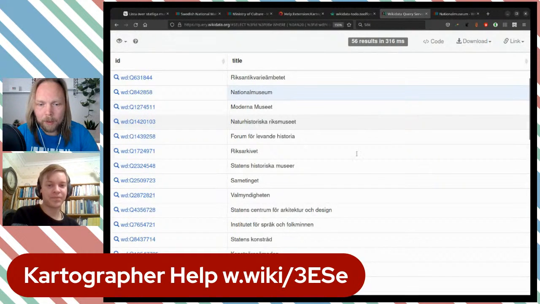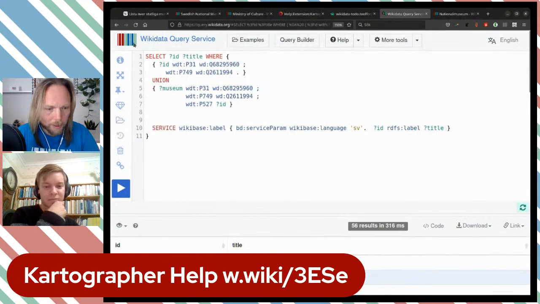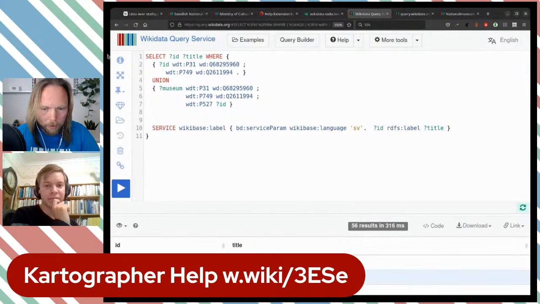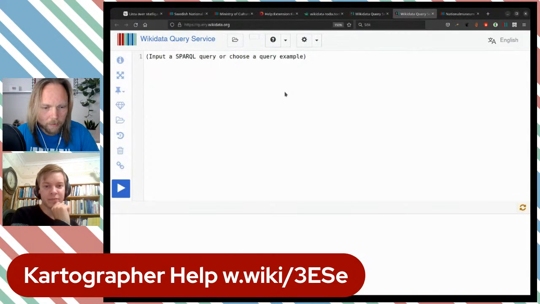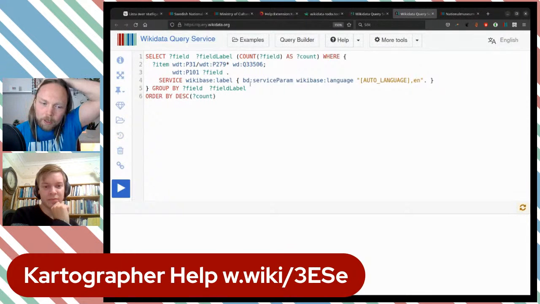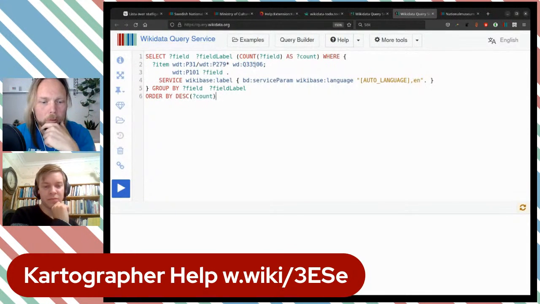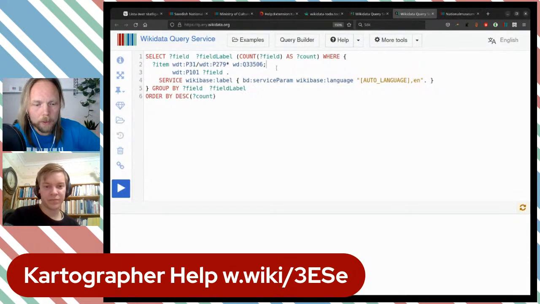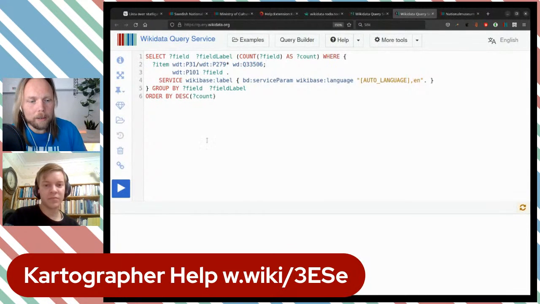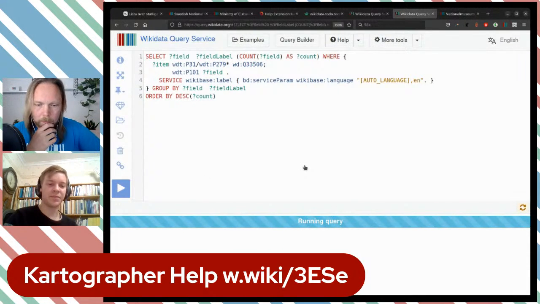So I did a little bit of research. Let me open a new query here and paste something in, and we can talk that through. I was looking at instance of and all subclasses of museums, and what field of work they have. Then I try to count them up and see what museums are already being labeled as. And when we run this one,